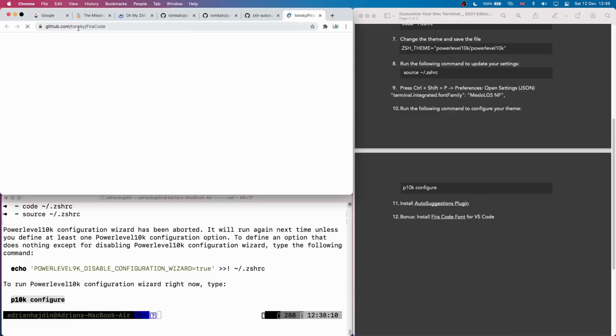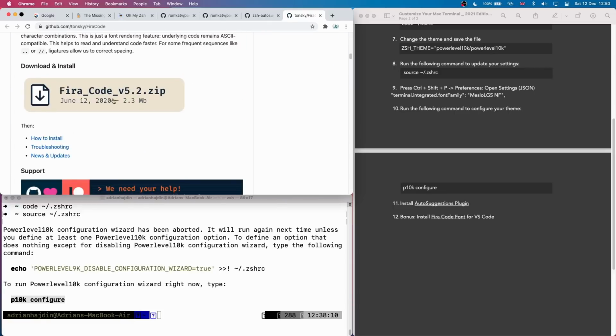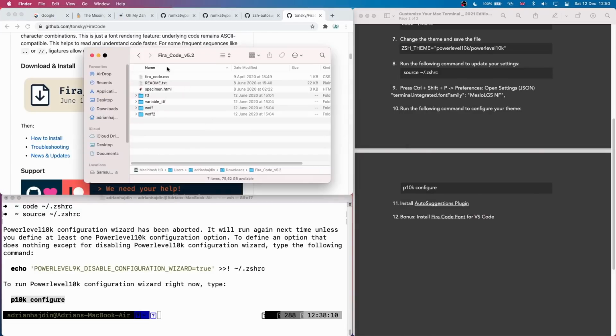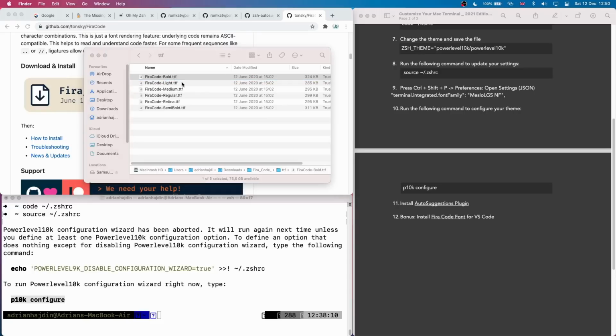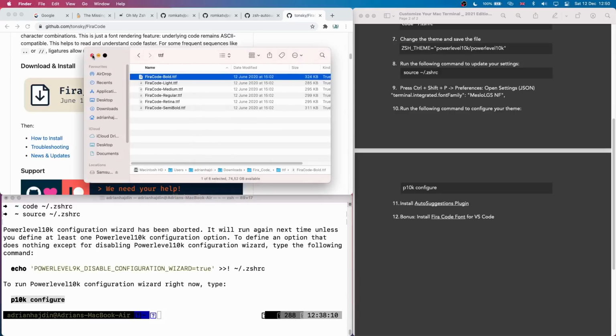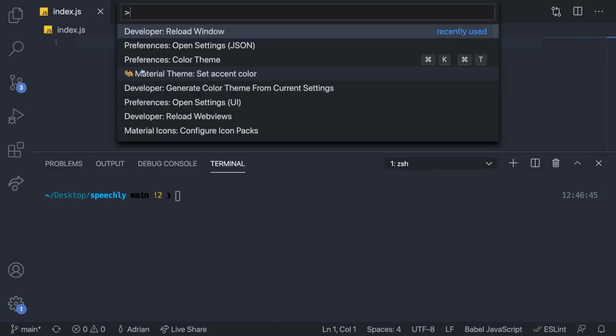This is going to lead you to the Fira code GitHub page. And right in here, if you scroll just a bit, you'll find the zip download. You can click on that and then open the zip. Inside of here, you'll find some fonts, but the only thing you're looking for is the TTF right here. What you have to do is you have to double click each one of these and then install the font the same as you did with the Meslo font. After the font is installed, you have to go back to Visual Studio Code and we have to set it up. So now, one final time, we're gonna do Command-Shift-B or Control-Shift-B on Windows, and we're gonna press Open Settings